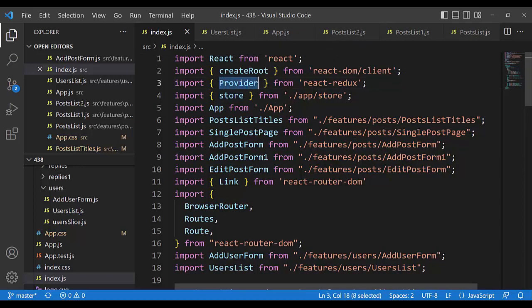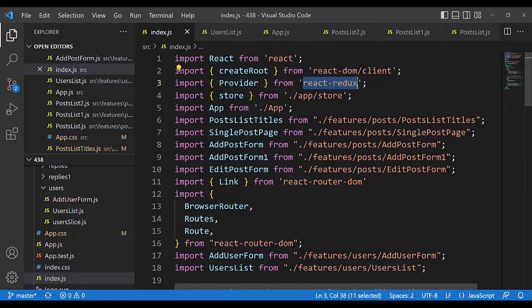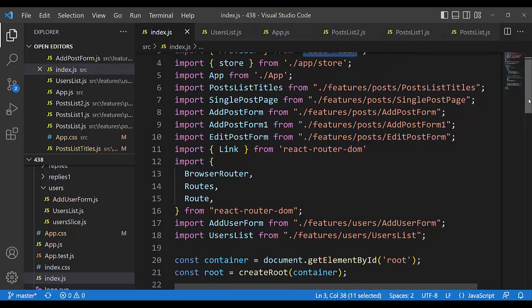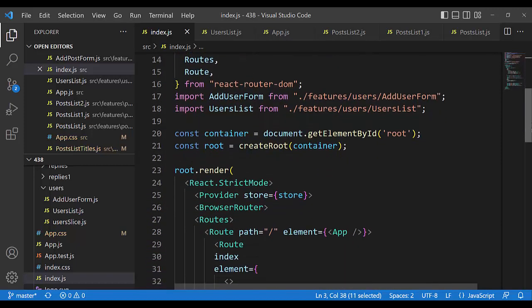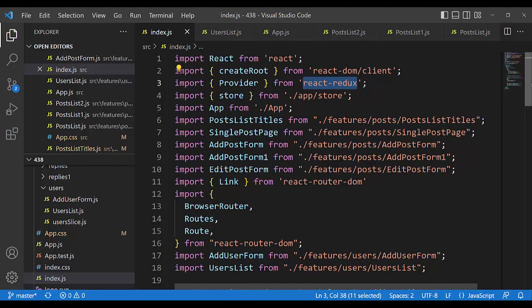Look at here. Provider comes from the package React Redux, and from that we have useSelector